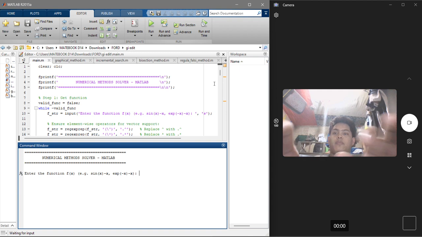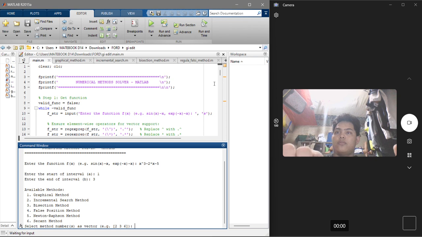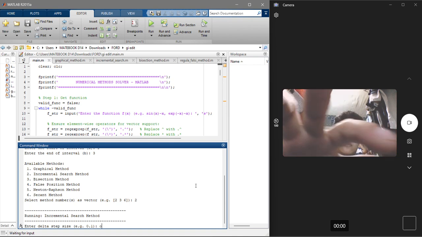So let's say we're gonna put a function of x cubed minus 2x minus 5, and start of interval 1 and end of interval 2. Then incremental method, which is number 2. And let's say we have a delta or step size of 0.1.